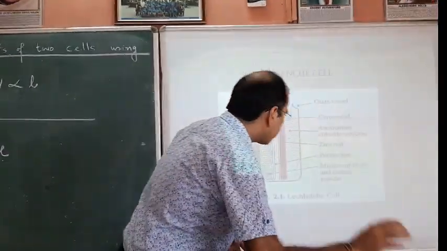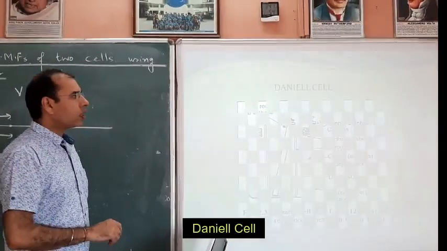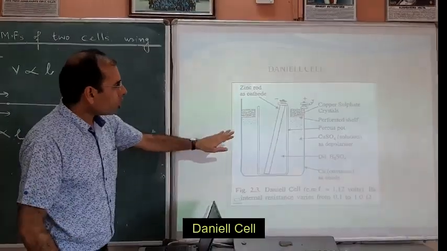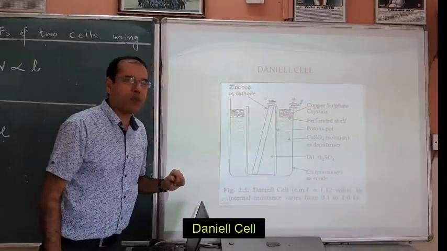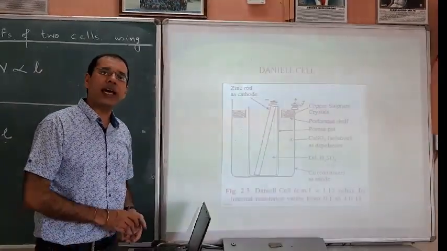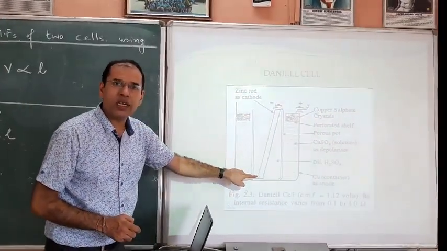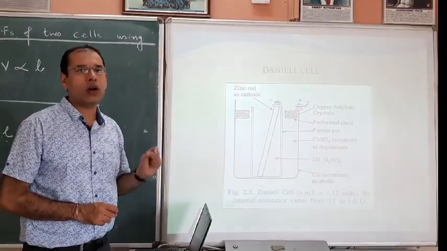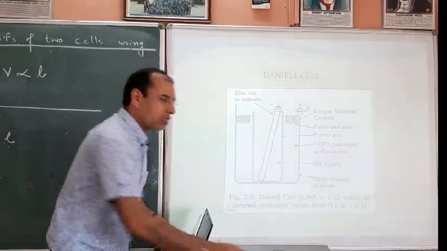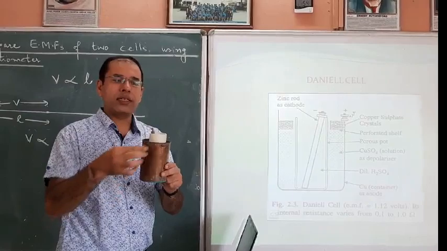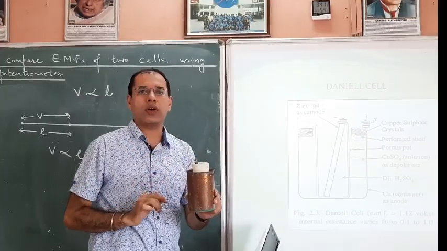Now we come on to the next cell, which is the Daniell cell. In the Daniell cell, you can see we have the outer body or the vessel made up of copper, and this vessel will be treated as the positive electrode, whereas a zinc rod has been dipped centrally, which will be treated as negative. So in both the cells, the zinc rod is the negative electrode. This is the Daniell cell, the copper vessel is the positive electrode, and the zinc rod will act as the negative electrode.